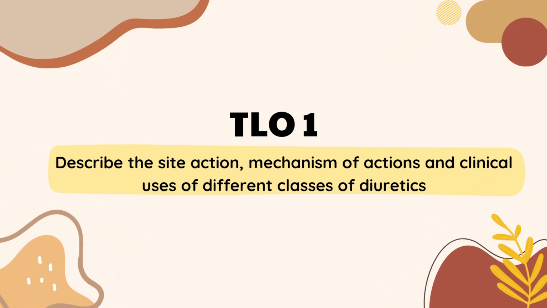For this PBL session, we will be presenting about the different clinical uses of diuretics. As for the yellow one, we will be looking at the different classes of diuretics. The first class of diuretics we will be looking at is the thiazide diuretics, and the examples include chlorothiazide, trichloromethazide,